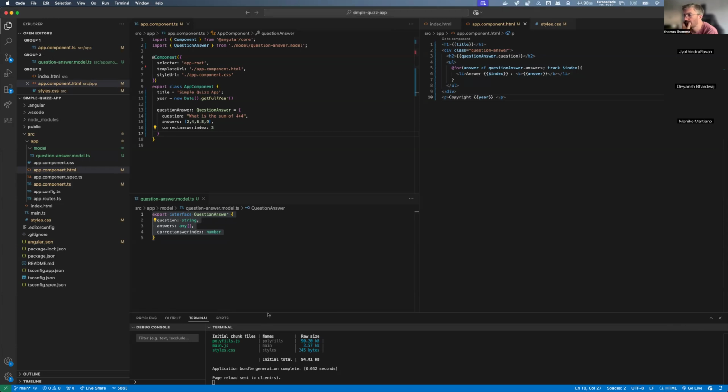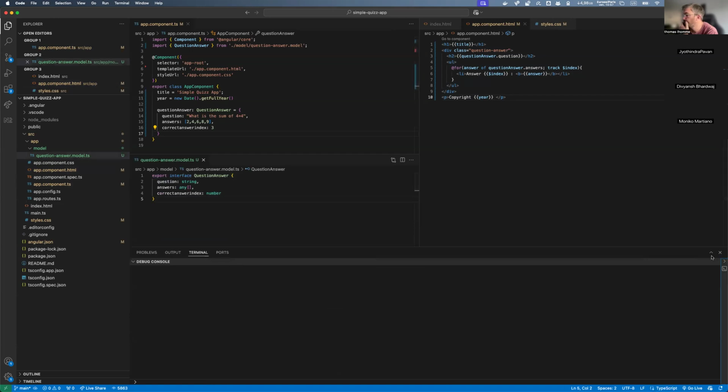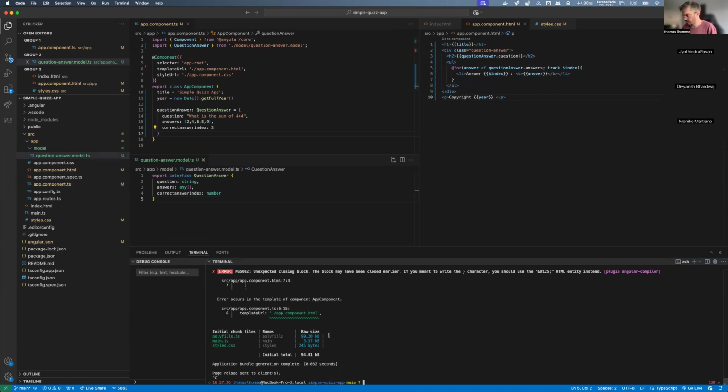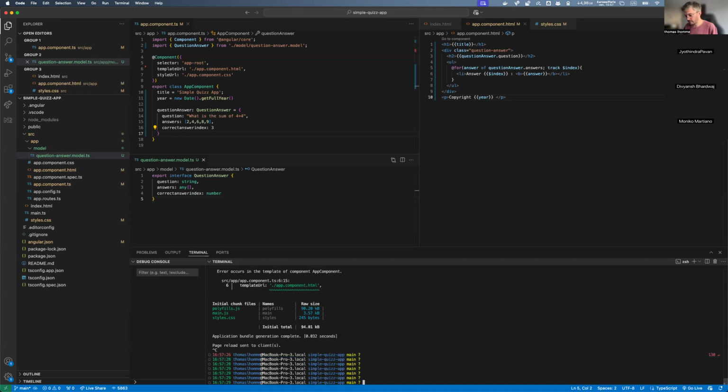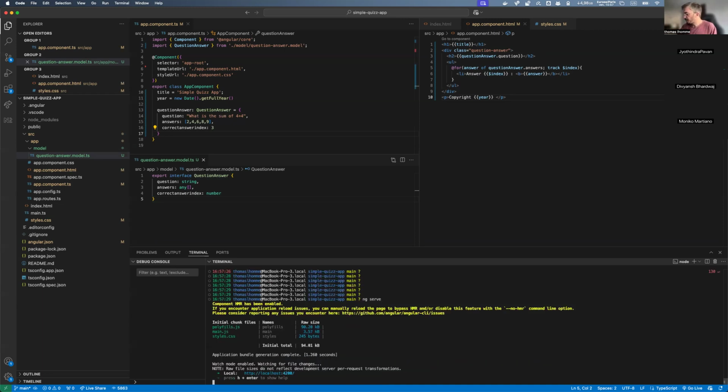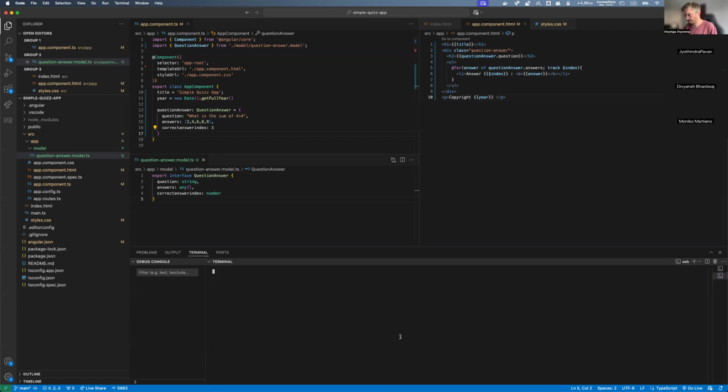Just keep in mind that you have one terminal open here with your server. Control-C to quit if you require to quit the server that is running. ng serve here again to run it again. If you have already run the server and you open another terminal here and do an ng serve like this, it will tell you that the port is already used, and whether you want to use another one.